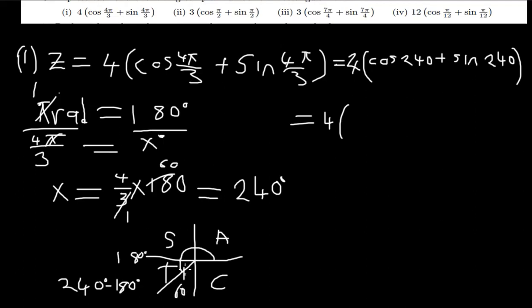So this theta, to find this, you just subtract: 240 minus 180. That is what we call the terminal angle. So this terminal angle is the one that we're going to replace there. So it's going to be